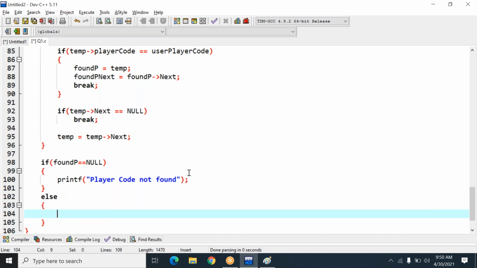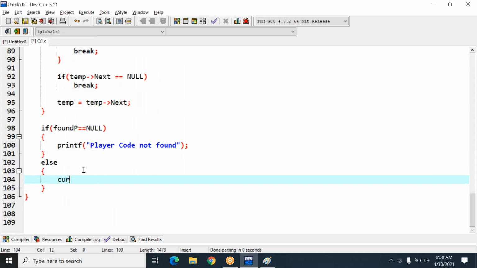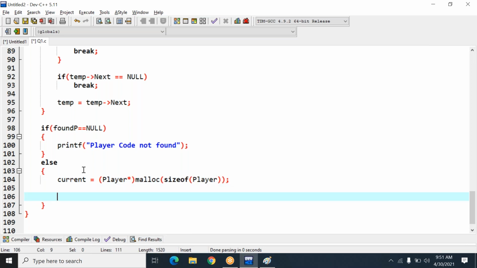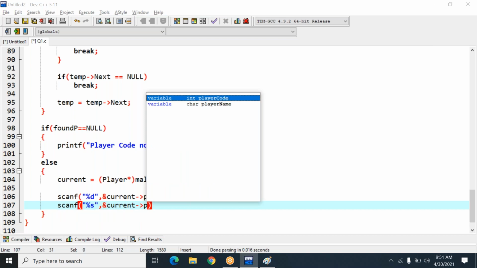So here you are going to create a new reference for current. So I type a code here as current goes for new memory address. I'm typing this is player star, and I type memory allocation for size of player. After that, you ask the user about the details: %d address of current player code, scanf %s address of current player name, and